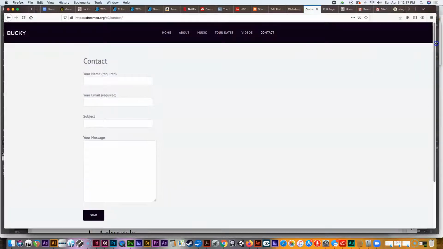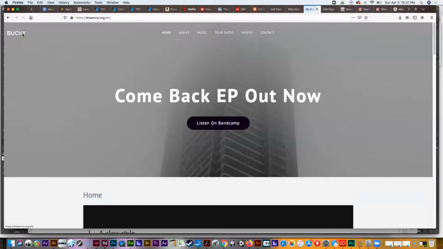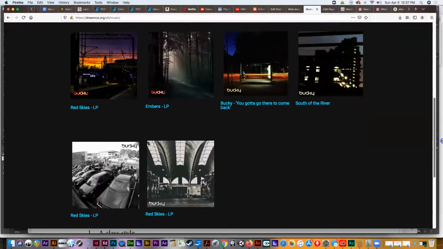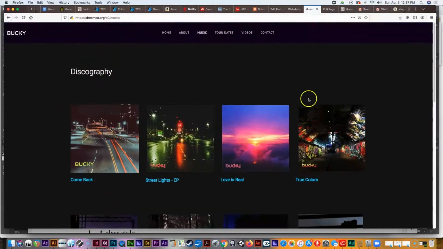Now, I would say what I like about this site is the design of it. It's very minimalistic and appealing, and yet the information is well organized so we can get everywhere. Now, as far as a suggestion for maybe improving the site, we have a music section here, which